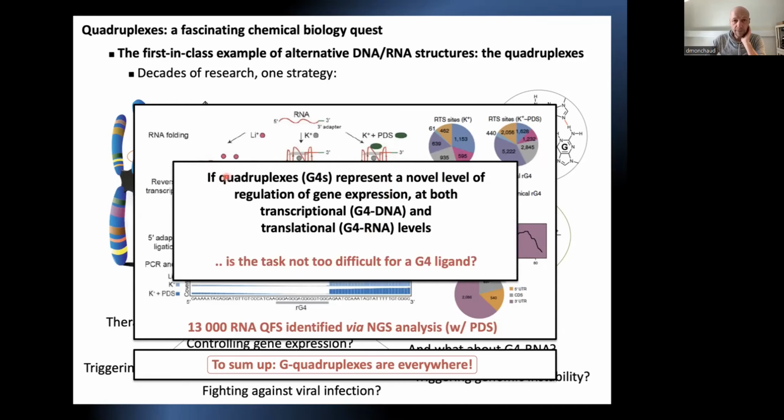So if this is the actual question of that field, if quadruplexes represent a novel level of regulation of gene expression, either at the transcriptional level for quadruplex DNA or at the translational level for G4 RNA, is it wise to use a small molecule to control this event? It is appealing, from a strategic point of view, it is really interesting, but the task might be